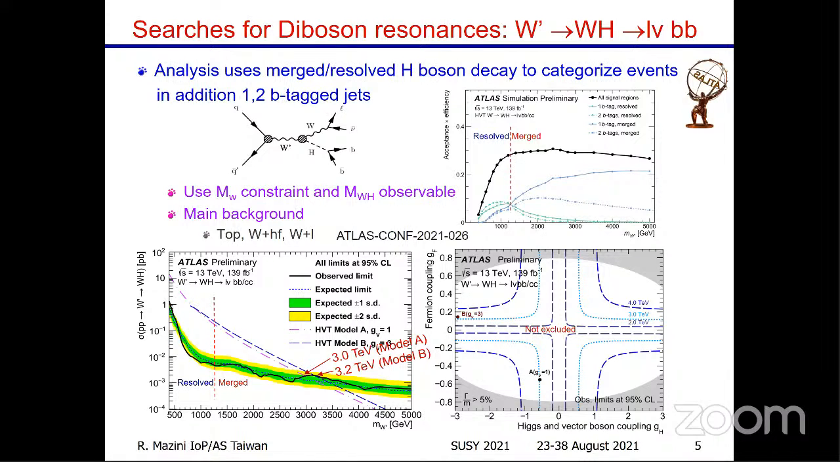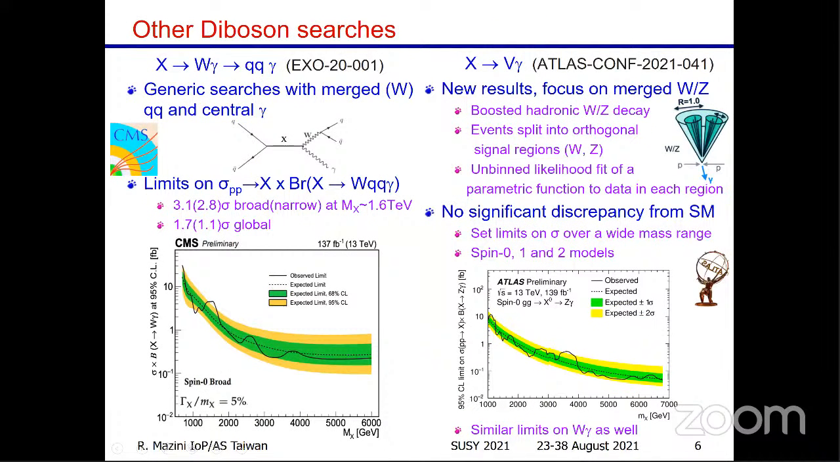So going further with other diboson searches, either looking at the boson plus a photon with the boson decaying to a pair of jets, the jets can be either resolved or boosted. Both CMS and ATLAS did these searches for a resonance decaying to a vector boson plus a photon. In CMS, they looked at the W gamma with generic searches with merged jets and central photons, and then they managed to extract the current limits that are shown in this figure here,